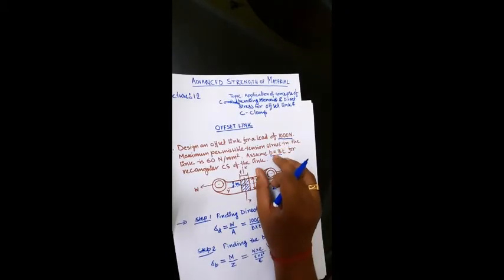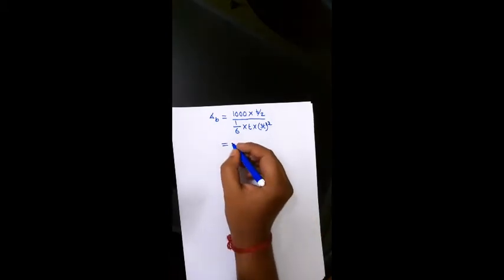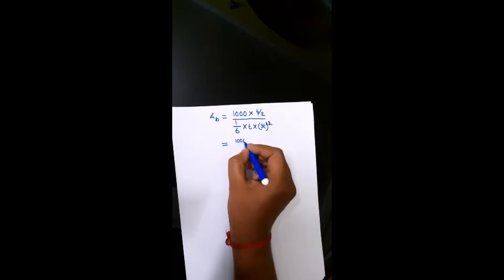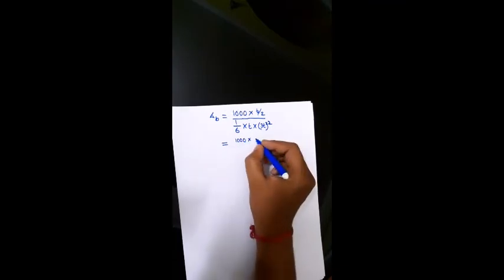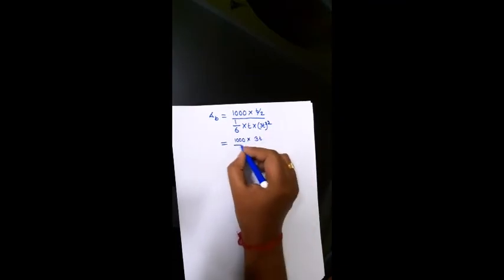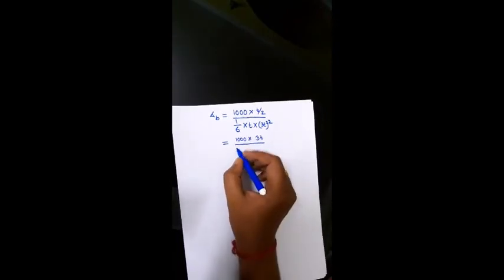From the previous part we know b is equal to 3t. As the value of b is equal to 3t, we can very easily write 1000 into 3t by, here this will be 2 by 6,